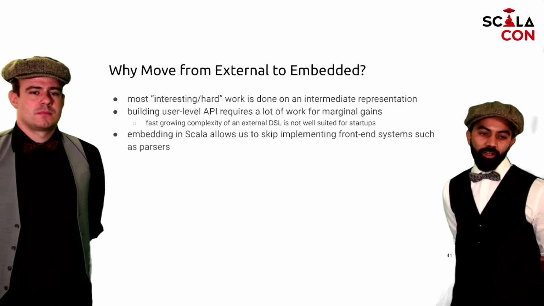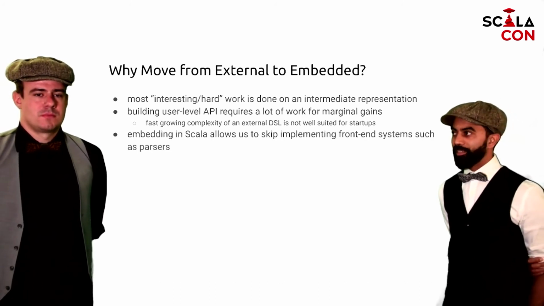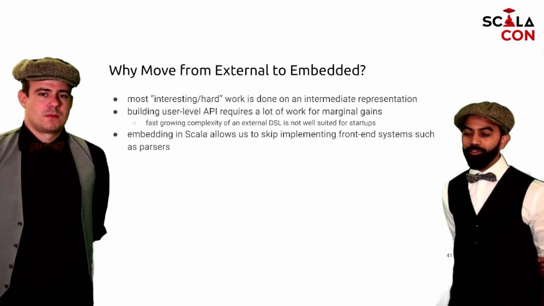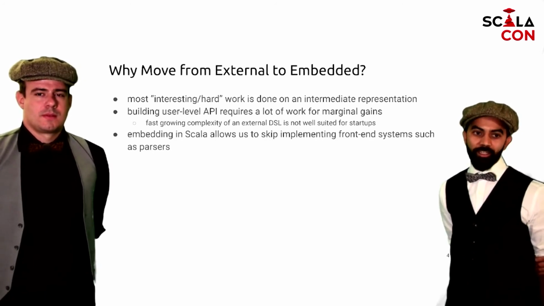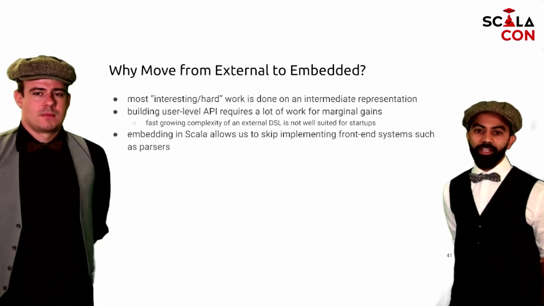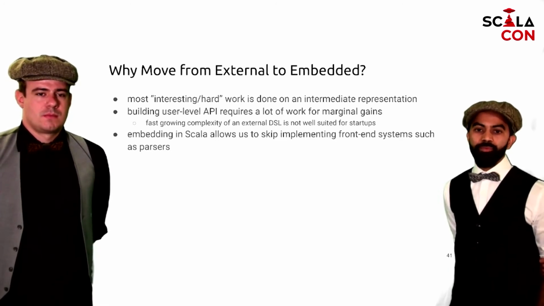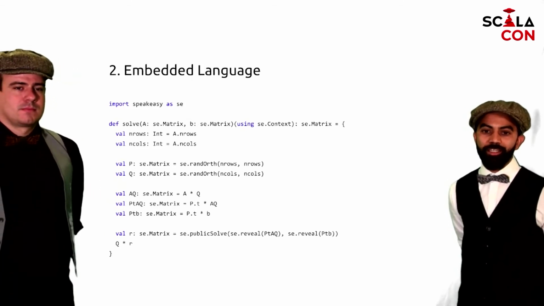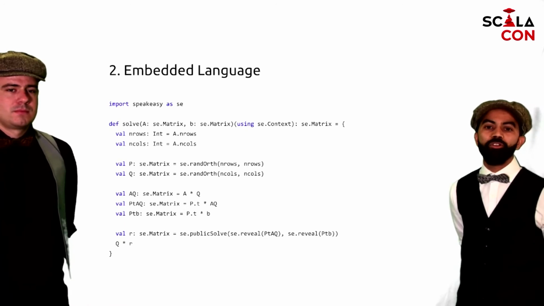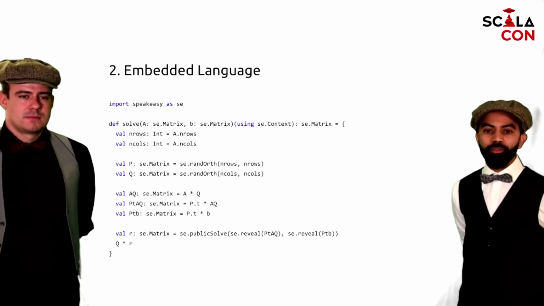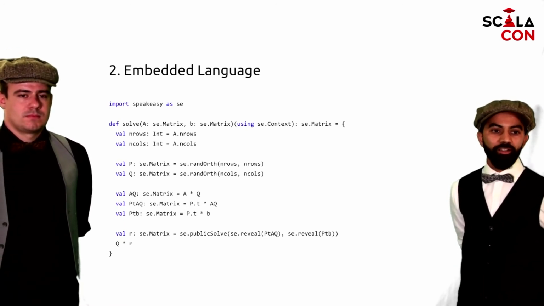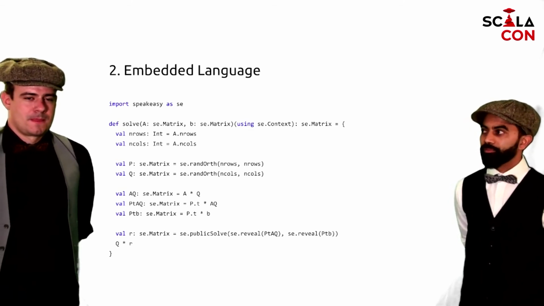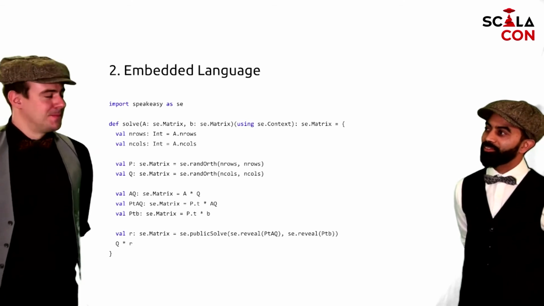And Scala is a good language, after all, to build DSLs and embedded DSLs. It has many nice features. Since our compiler for the external language was already built in Scala, the transition was not actually that hard. The embedded language looks like this. As you can see, it looks almost the same as the external one. Of course, now we have vals, we don't have bars, and we don't have semicolons. Am I missing something, Jakob? No, not at all.